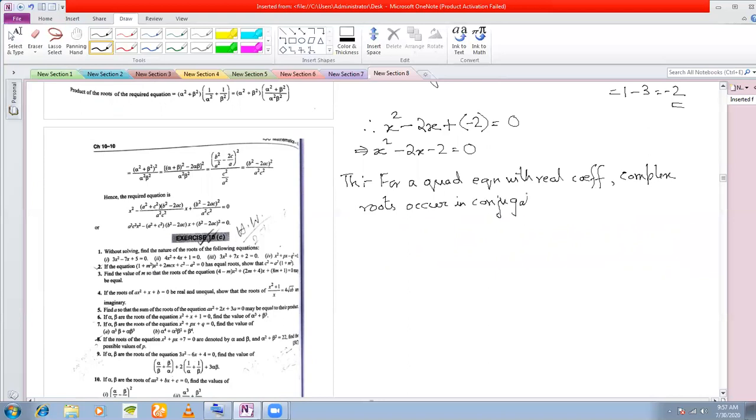Now I'll come to the definition of a complex number and the conjugate of a complex number later on. But right now, for the time being, what you need to know is that if I give you a complex number 1 plus 2i, then just like surds, you draw the comparison from surds. The conjugate of this complex number will be 1 minus 2i. You change the sign of the imaginary part to get the conjugate. So the other root will be 1 minus 2i, which is the conjugate of z.